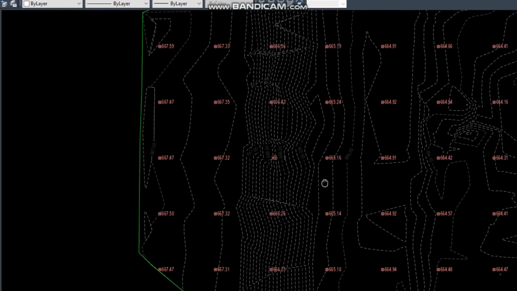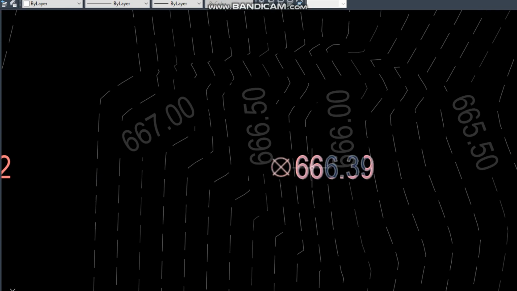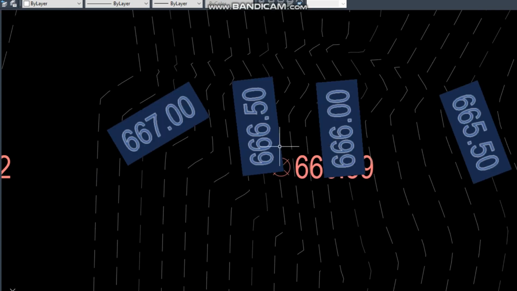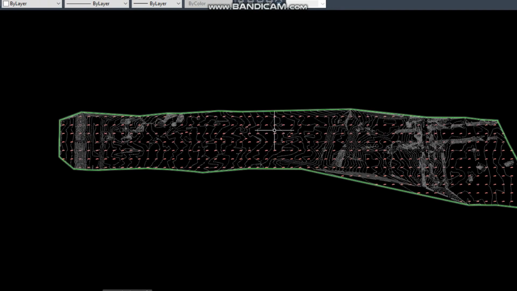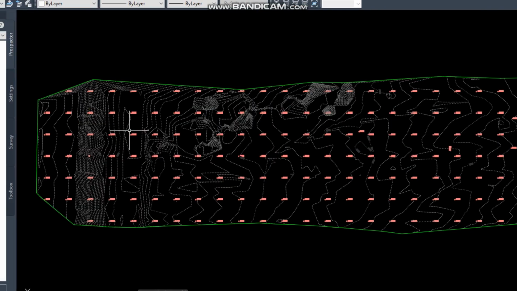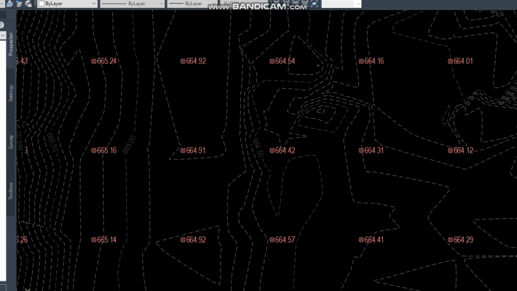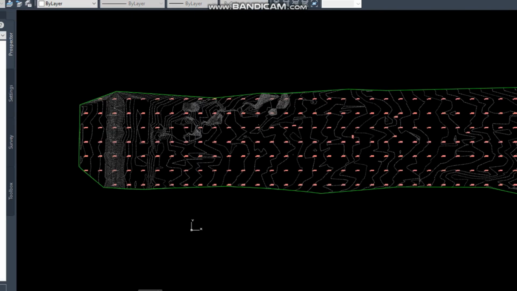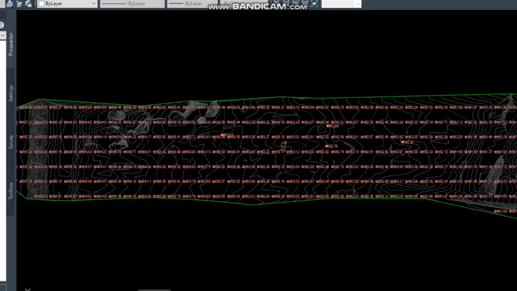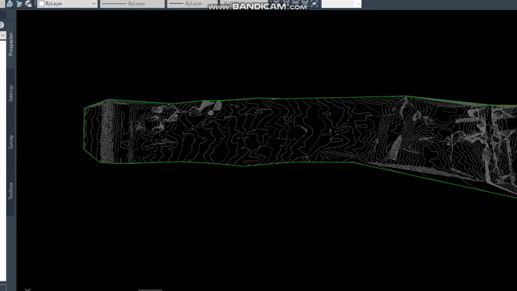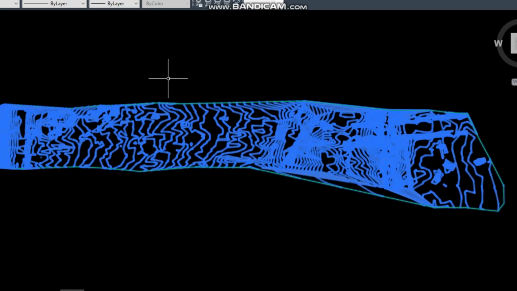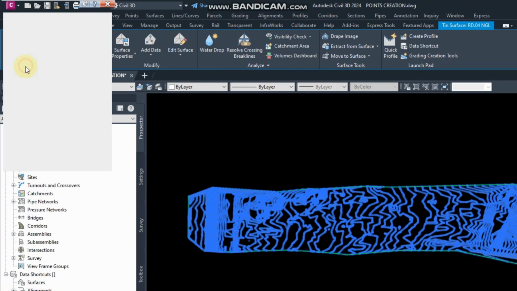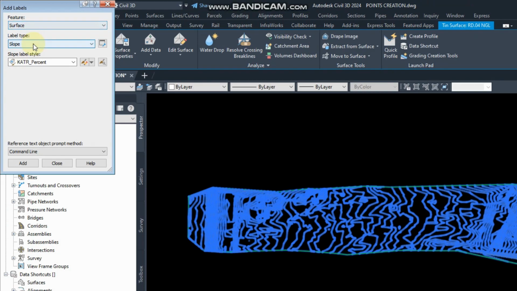Okay, this was the first place. From here you can add label to your surface. Now I will go back. Ctrl Z to undo all labels, and then click on the surface, go to add labels, surface, click on here,